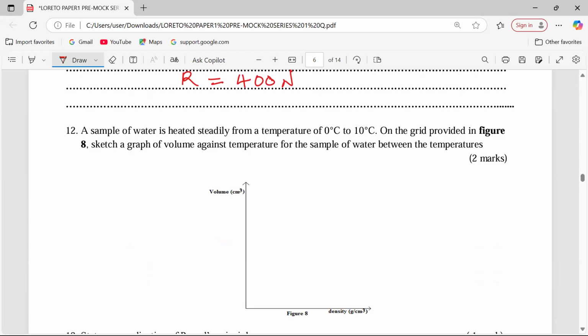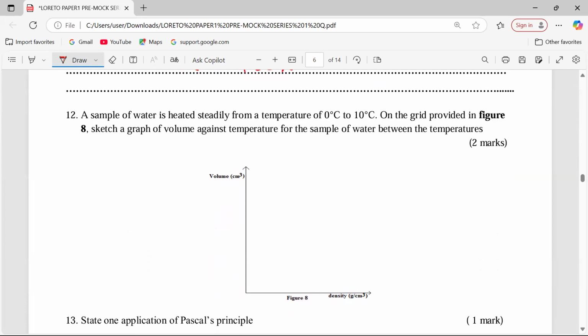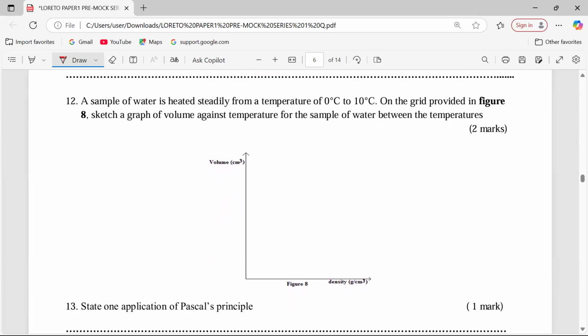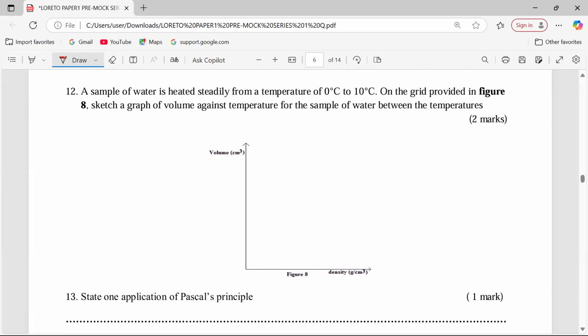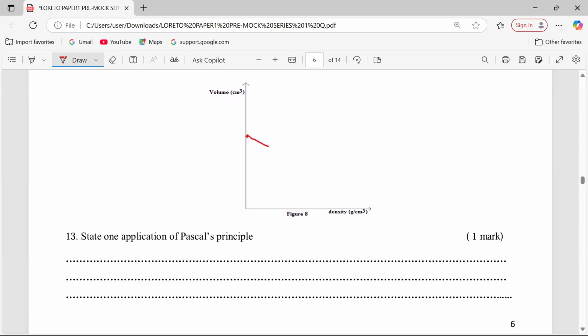A sample of water is heated steadily from a temperature of 0 degrees Celsius to 10 degrees Celsius. On the grid provided in figure 8 below, sketch a graph of volume against temperature for the sample of water between the temperatures 0 and 10. So we're supposed to know that between 0 and 4 degrees, there is what you call the anomalous expansion of water, whereby when you heat, instead of water increasing in volume, it decreases. So we will have a sketch now here such that if the initial volume is at that point, we will have a decrease as you continue increasing